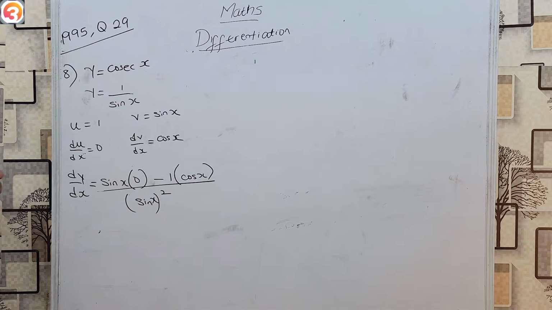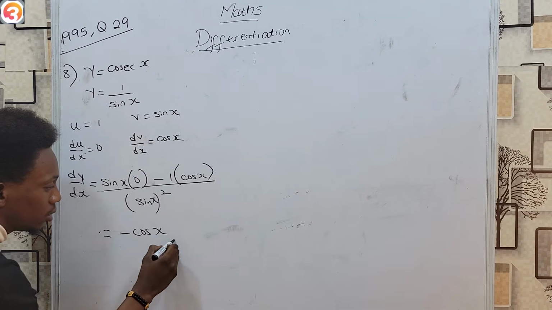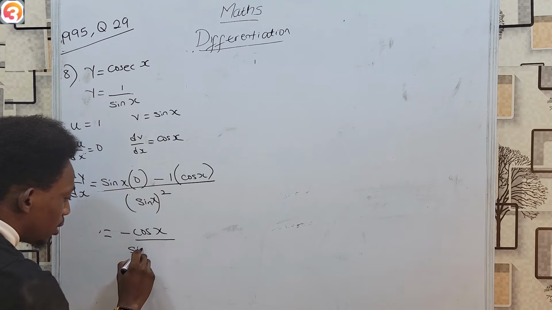Let's put the x there. So, as you are aware, sine x times 0 is 0. That's gone. 1 times cos x is cos x, all over sine x squared,